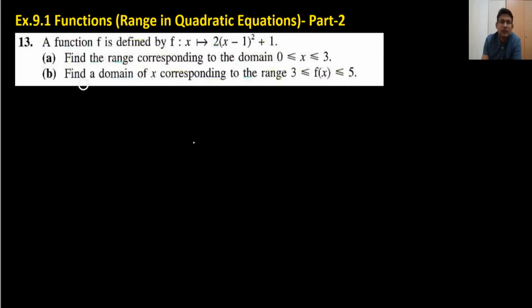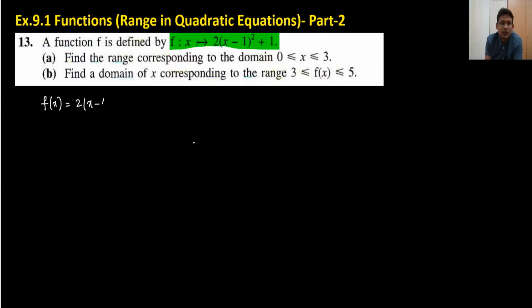Exercise 9.1 question number 13. This is about the range of the quadratic equation. This is very important: once again, how we find the quadratic equation range. Let's start. First of all, we have this function, a quadratic function. When I write this quadratic function, we can also write it like this: